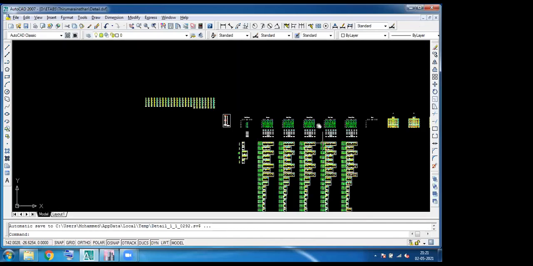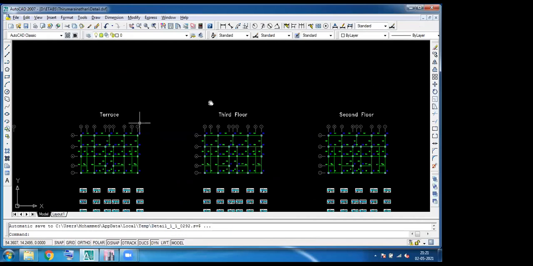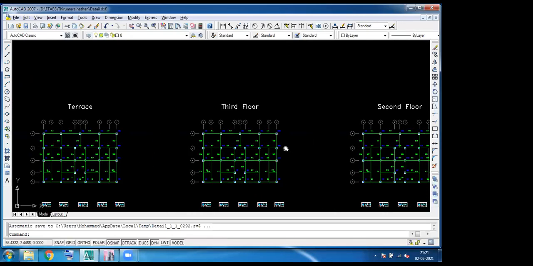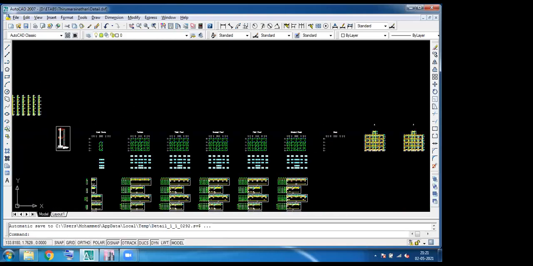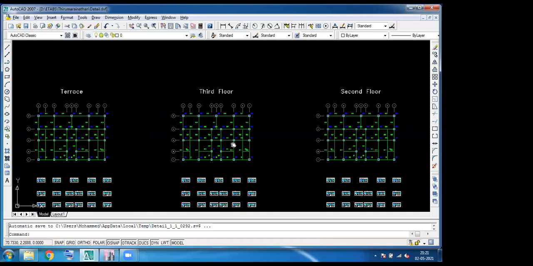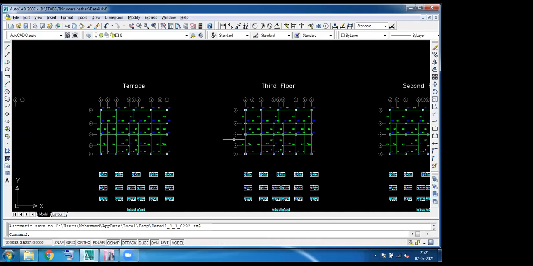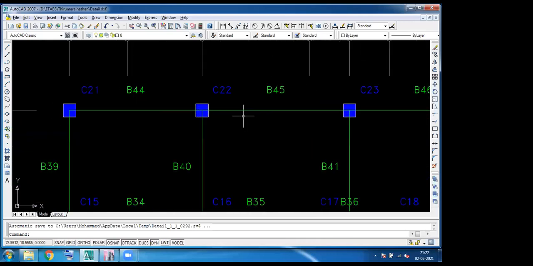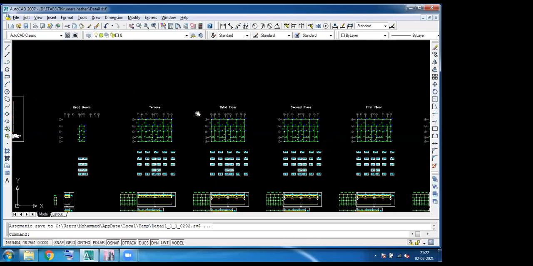This is what ETABS will provide by a simple click. If you have a headroom, terrace floor, ground floor, first floor, second floor, it will provide the detailing in an AutoCAD format. You just edit the data and give it to a client.